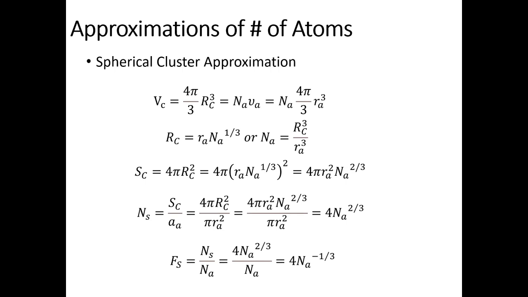You can go through and prove that to yourself. All right, so the number of surface atoms of the cluster is 4 pi r squared times Na to the 2/3. Again, in terms of the atoms, the number of surface atoms is simply the surface of the cluster divided by